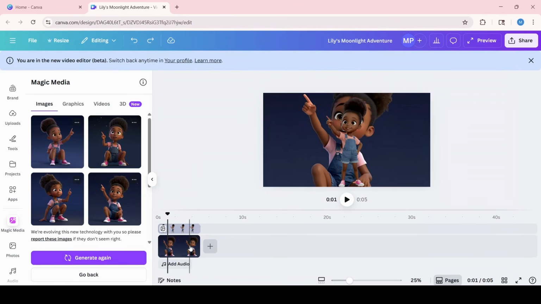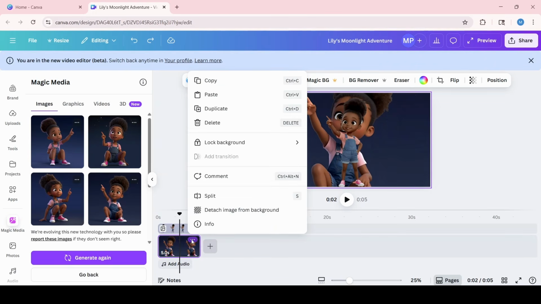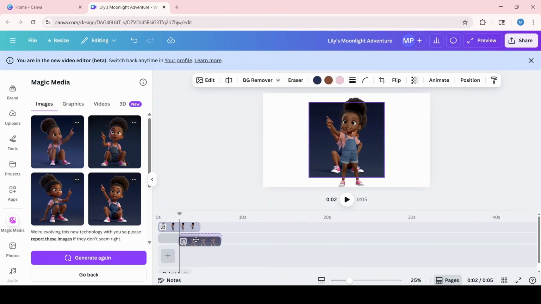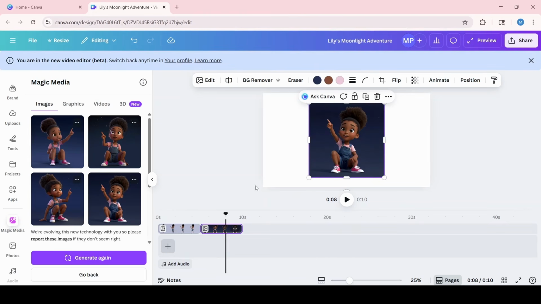Okay, so what I'm going to do now is detach this second scene image from its background. So I'm going to click on it and hover over these 3 dots and click on detach from background. Now it automatically added to the layer above, which is where I want it. And now I'm going to just move it right next to this first scene image so that they're on the same row. So I'm going to click on this image over here and click on BG Remover to remove